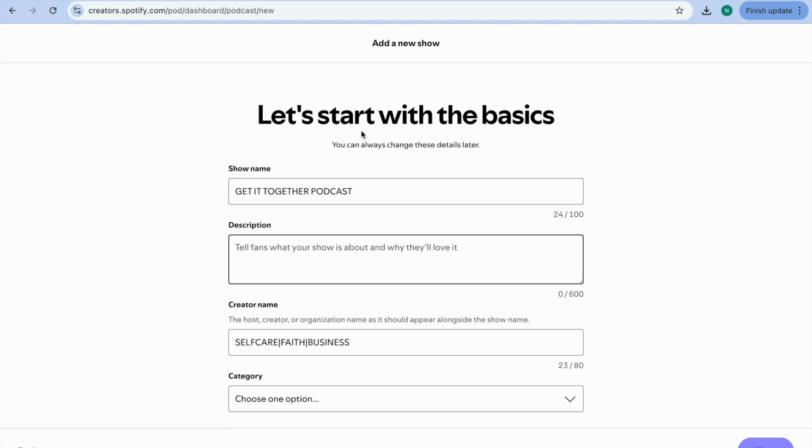So first thing first, it says let's start with the basics. So you're going to type in your show name, which you just did, which is Get It Together podcast. Now we're going to create a description for our podcast. So Get It Together. I mean, we don't have to write this in caps, but